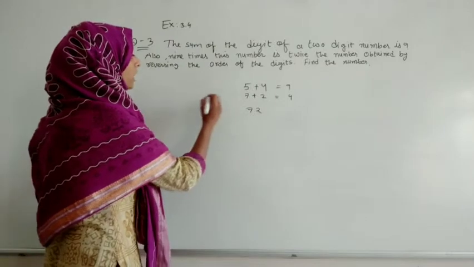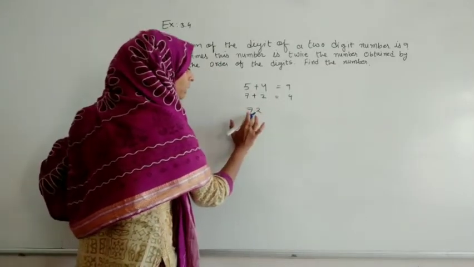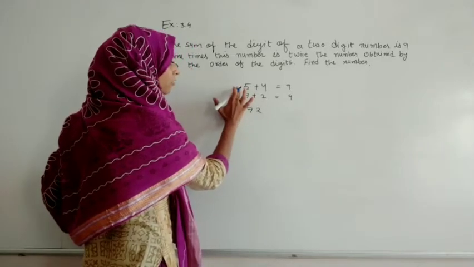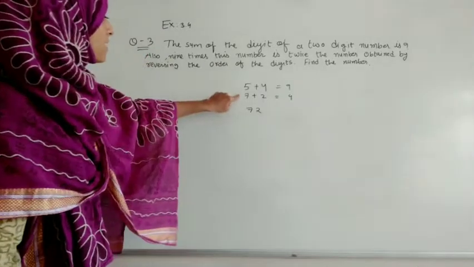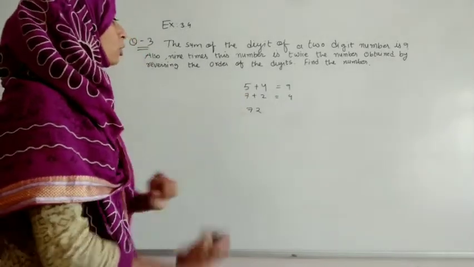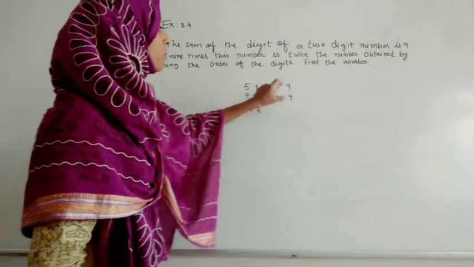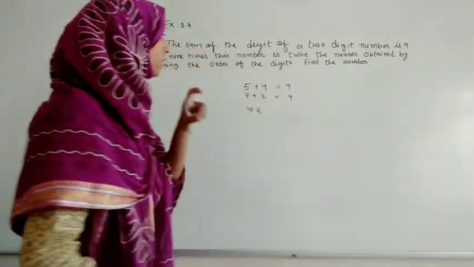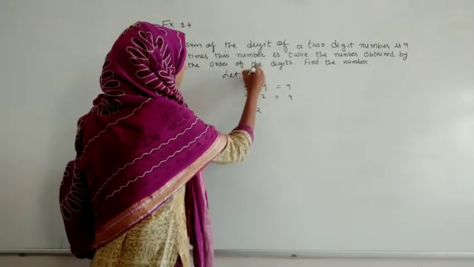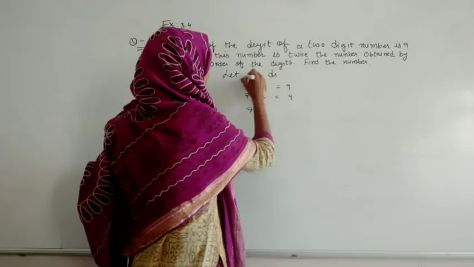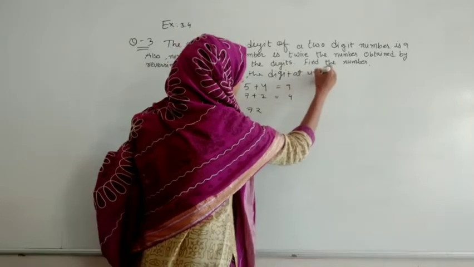So here first we have to form and guess it in the form of x and y, because we are not knowing whether it is exactly 5, that is y is exactly 4 or x is exactly 7 or y is 7. We are not knowing anything. We are just knowing that by adding the two digits we are getting 9. So here we have to guess that let the digit at units place